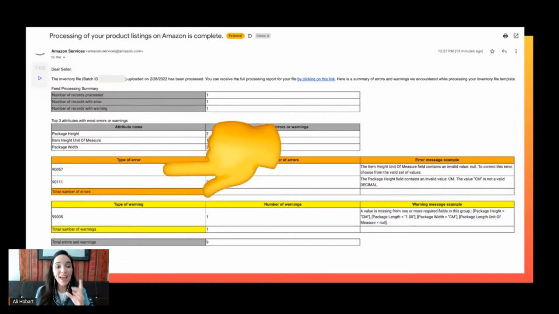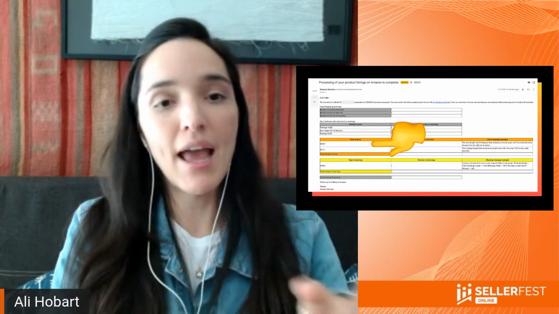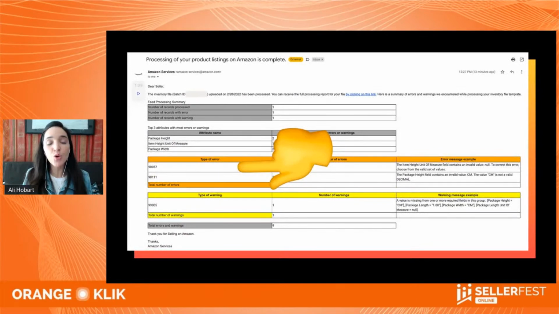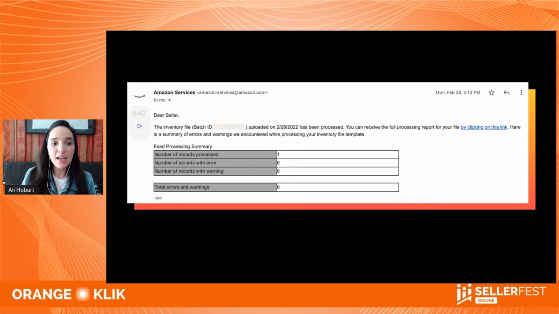So they give you the arrow, and they give you the type of error, which, as I said in the beginning, is one of the benefits. You can understand your error more easily, and you can actually change it yourself. Oh, I did something wrong. Let me just change the file and redo the process. Or if it's a bigger issue, you can call seller support or email, but I don't like emailing them. And you can tell them the exact error code. Very, very useful.